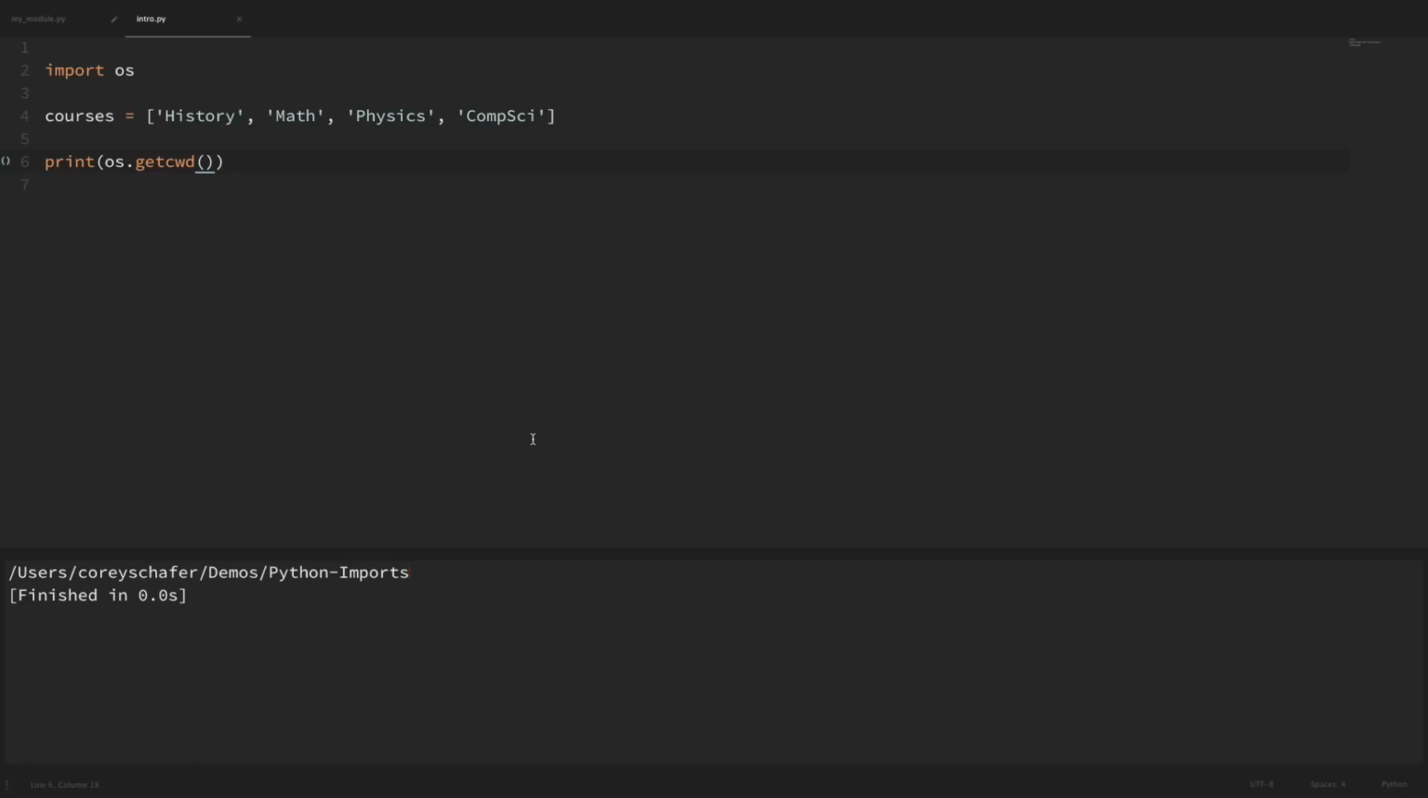We can view the location of a module just by printing out its dunder file attribute. So if we print out os.__file__, and dunder just means two underscores, and don't worry why those are double underscores, that'll be a topic for a future video. If we run this, we can see that it prints out the location of this file on our